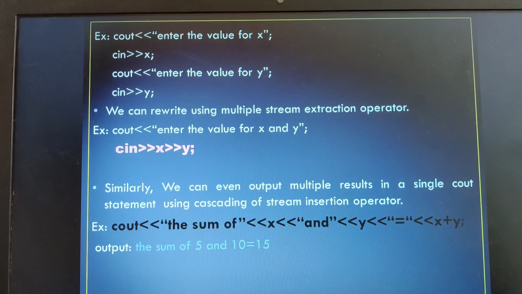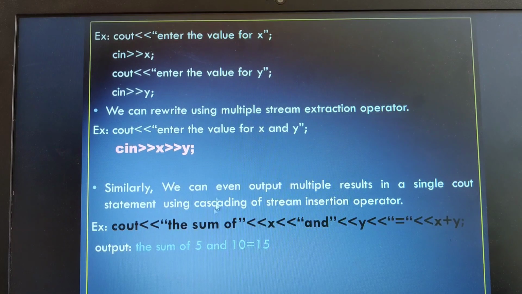So very important from an exam point of view, they may ask you what is the cascading of input output operators. Give an example for each. When they ask you, please do write this part. Just quote an example, then write how you can rewrite it, and similarly you have to give an example for the cout statement also, that is the stream insertion statement.